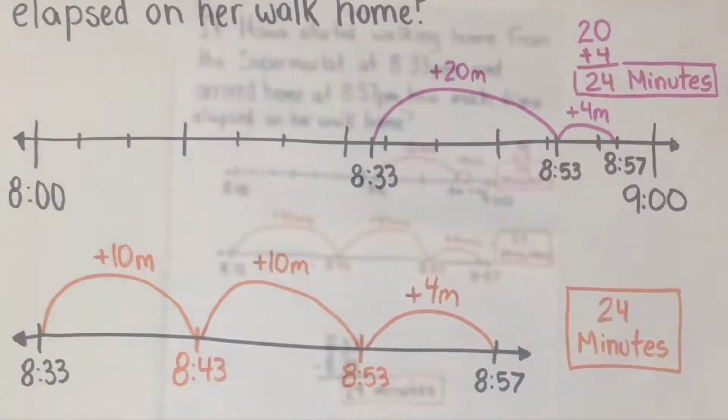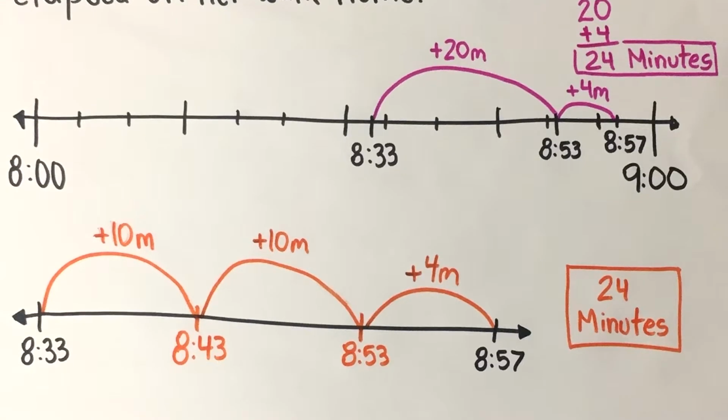So, I'm looking here and I'm seeing a lot of different ways that this was solved, which I really love to see, because I think that's important not only to solve it just one way, but to solve it multiple ways, because we know there's multiple ways to solve something. Umu, would you be able to tell me one way that we solved this? One way we can solve this is